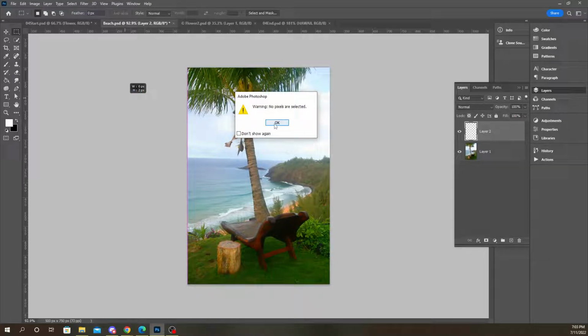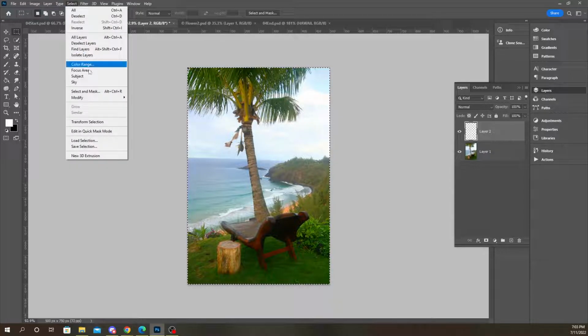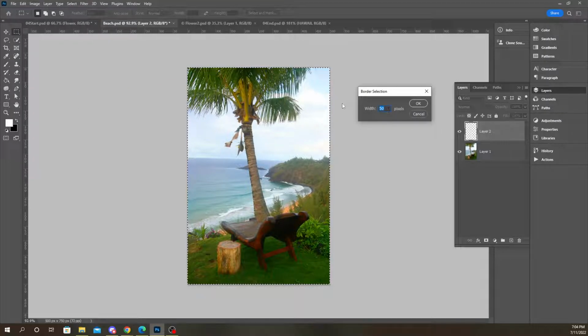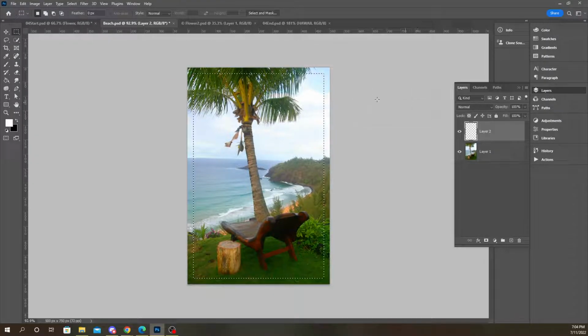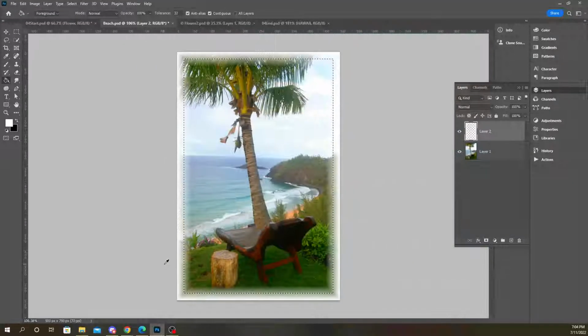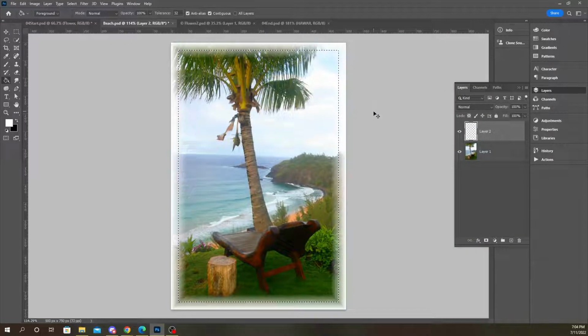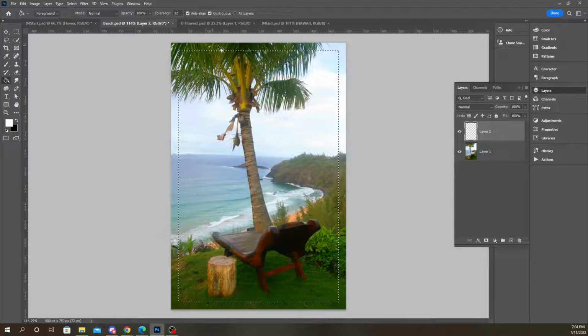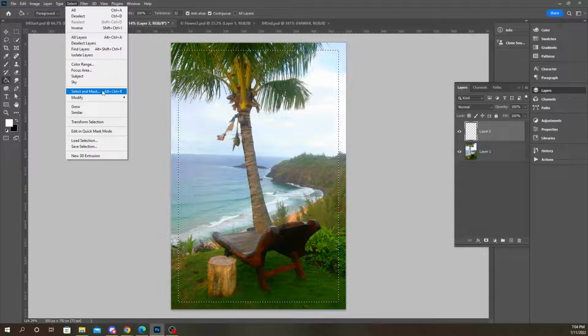Okay, so first I make the selection with the rectangular marquee, and then go to select, and then modify, and then border. Okay, and then I'm going to just leave it on 50, and if I fill it now, it's a soft edge. It's kind of blending outside the borders of my selection, and I don't want that, so I'll do Control Z, and before I fill it, I want to go to select and then select and mask,